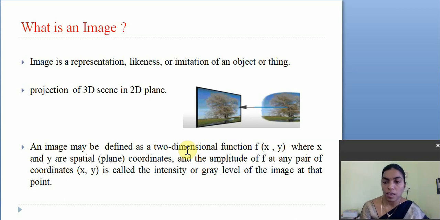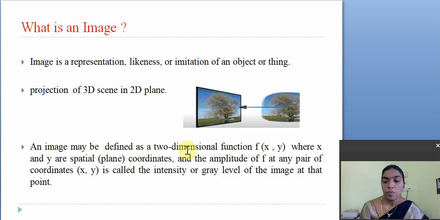We should call it the intensity or gray level of the image. That particular location x comma y is also called a pixel. That means at each pixel element we have one value, here called the intensity value.